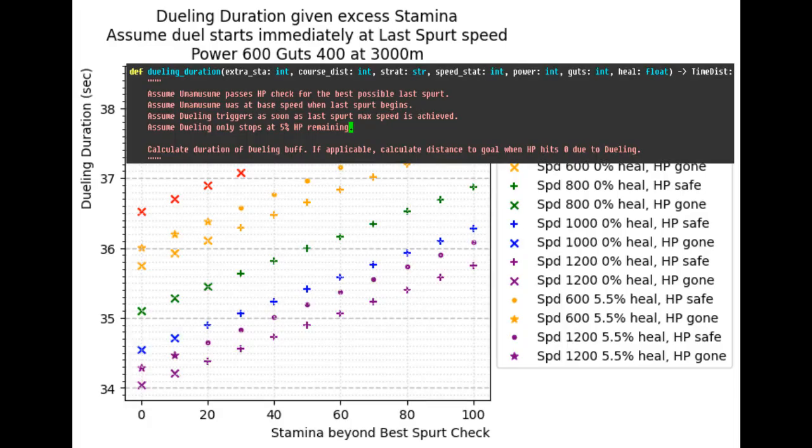One concern I had was whether dueling would affect the stamina check. Running faster means faster HP loss. I made a thought experiment and then plotted that on this graph. Assume the horse meets the stamina check. Assume dueling begins as soon as the horse reaches the target speed of the best last spurt, that the horse